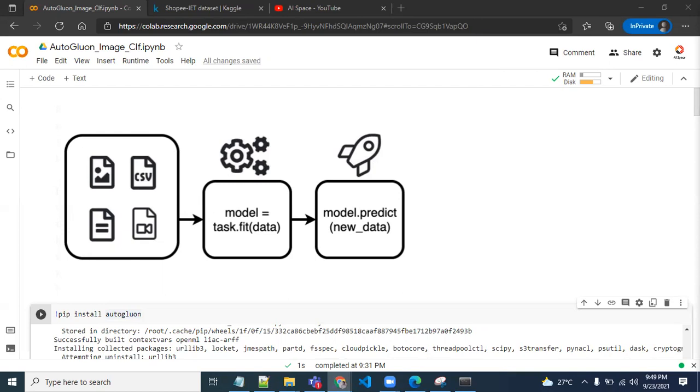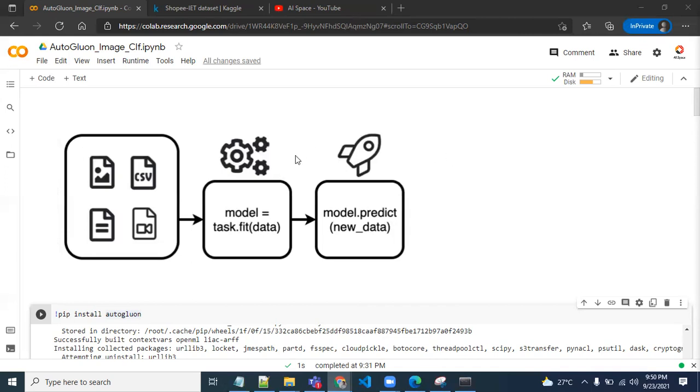So this is different from traditional machine learning, where we need to manually define a neural network and then specify the hyperparameters in the training process. Instead, with just a single call to AutoGluon's fit function, AutoGluon automatically trains many models with different hyperparameter configurations and returns the model that achieves the highest level of accuracy.